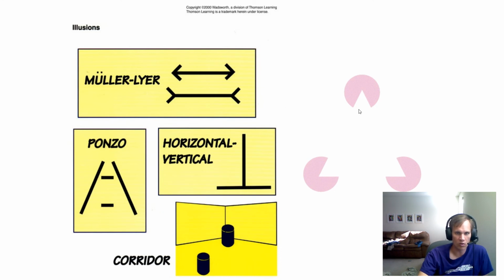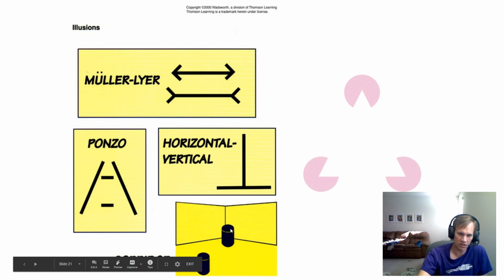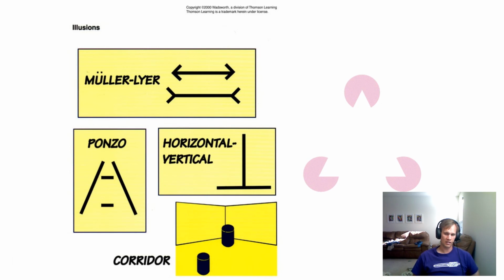Okay? So which line is bigger or which line is longer? Is it this one or is it this one? Actually, the lines are the exact same length. All right? Did you say that this one's longer? It's not. They're the exact same length. Which one is longer, this one or this one? Okay, again, looks like this one is slightly longer. Again, same length. Which line is longer, this one or this one? Same length, but the horizontal looks a lot longer. And then which cylinder here is bigger, this one or this one? They're both the actual same size. So there are different optical illusions that can fool the eyes into making something look longer or